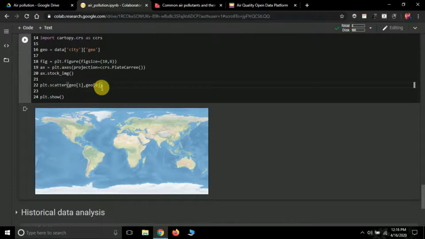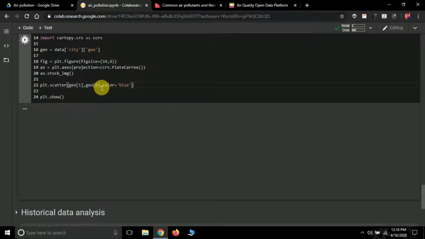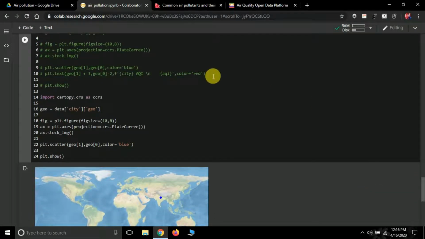Okay, you can pass a color here. Suppose you want to show the scatter in blue, you can simply pass blue and it will show blue on the map. So let's just run it. See here it's showing Kanpur. Now what we have to do is pass